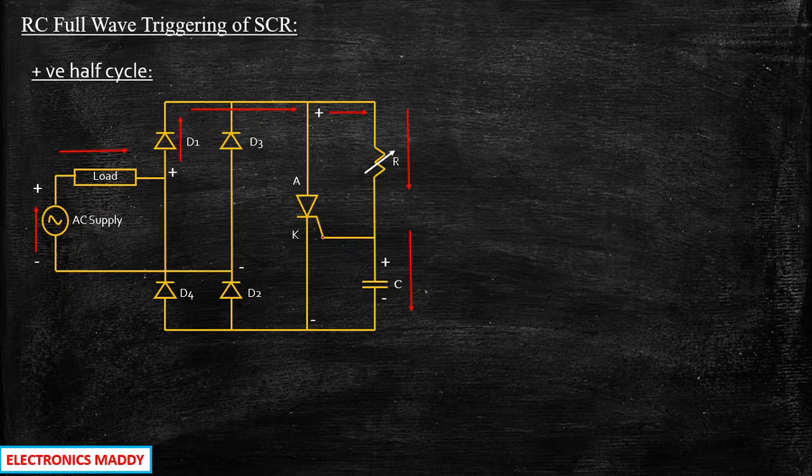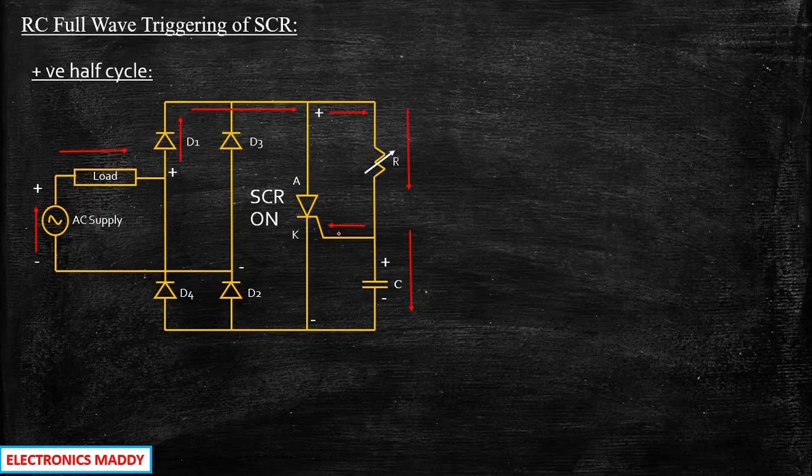let us say you need a gate voltage of about 2 volt. Once the capacitor charges to 2 volt, what happens? This 2 volt will be given to the gate terminal of the SCR, and the SCR will be turned on. So with the help of R and C elements, by choosing suitable values of R and C, we can decide what gate voltage is required, and we will be able to achieve firing angle for different values.